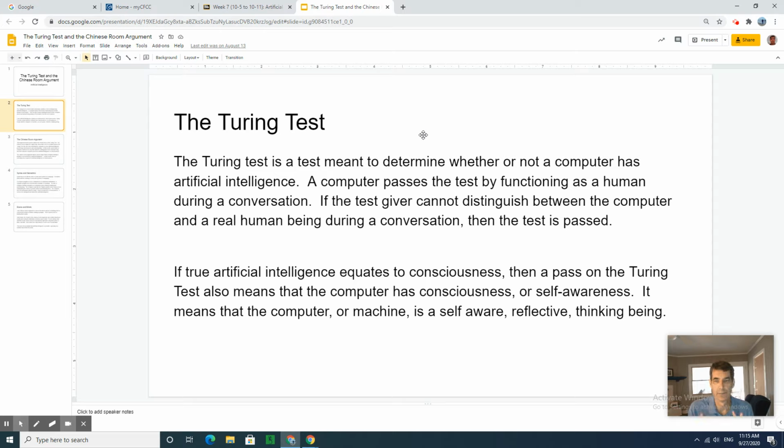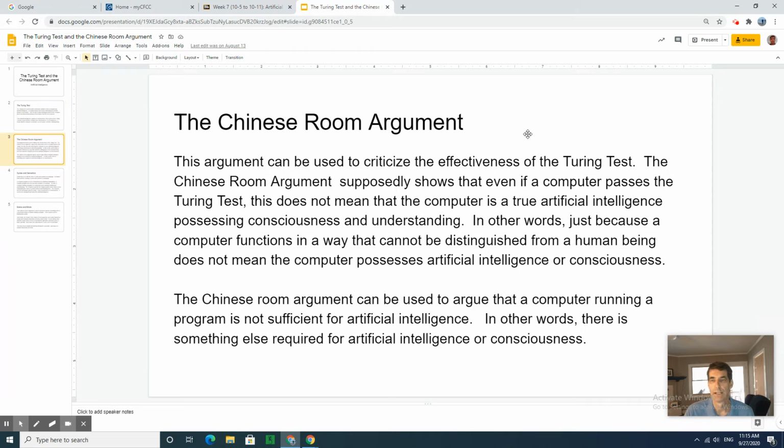So that's the idea of the Turing test. It's just a test of how something is functioning. If something can function as a conscious being, then we should think that it is a conscious being. That's the idea. Now, the Chinese room argument is really an argument used to criticize the effectiveness of the Turing